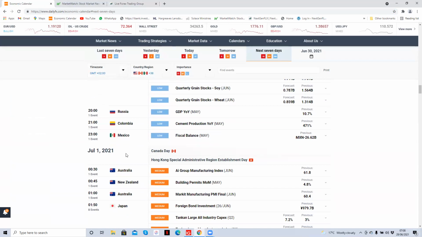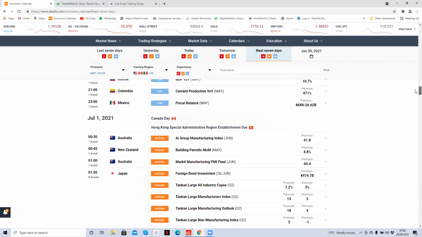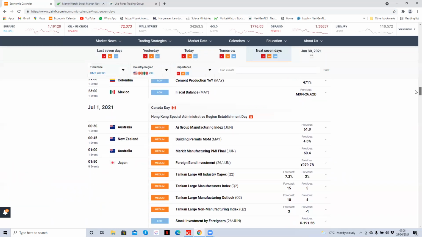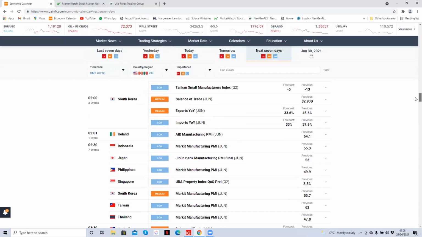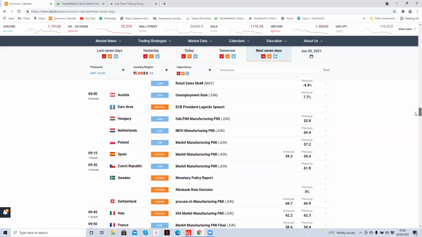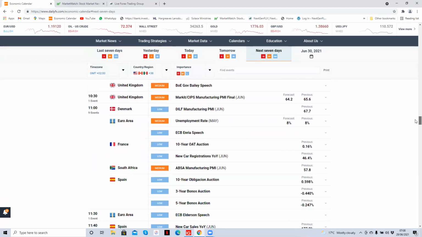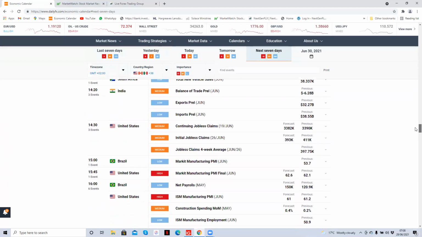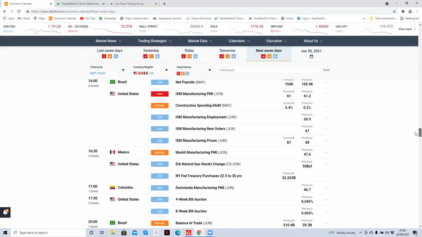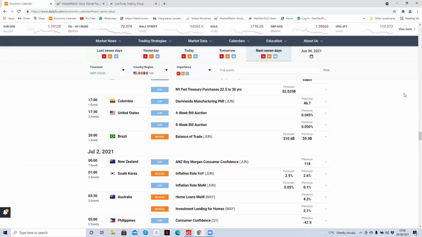And then the 1st of July, Canada Day. Again, that won't stop us trading. So the 1st of July, that's Thursday. But the big one is Friday, which is what I'm coming to. Friday is the big one. So on Friday, the 2nd of July,